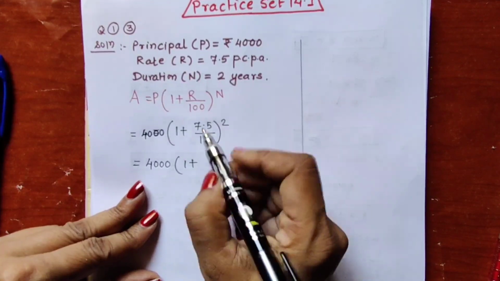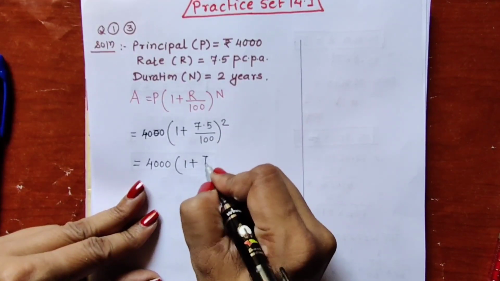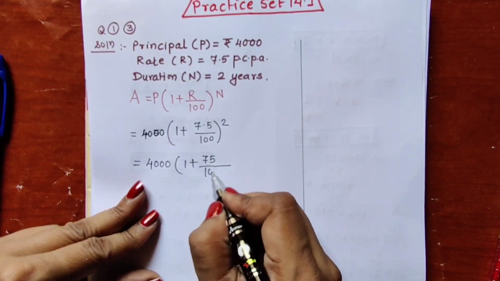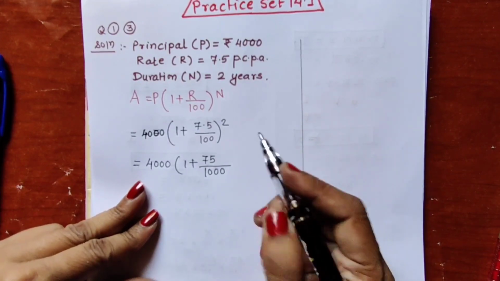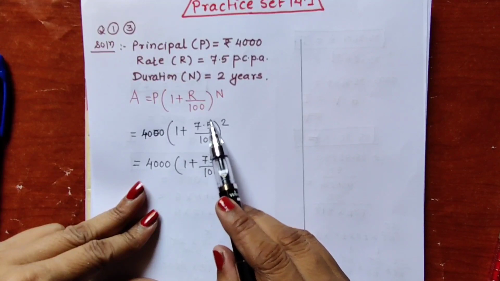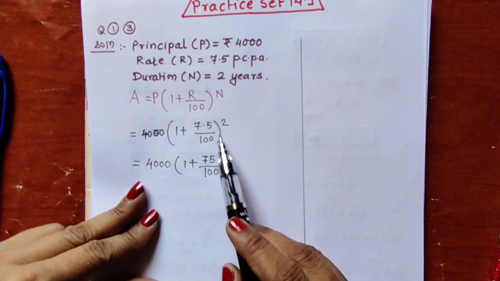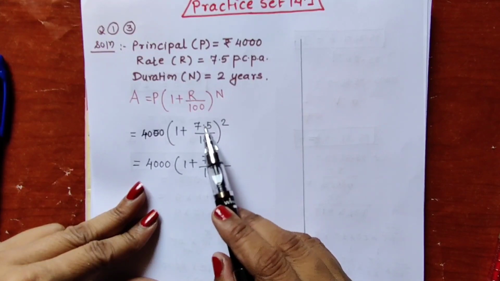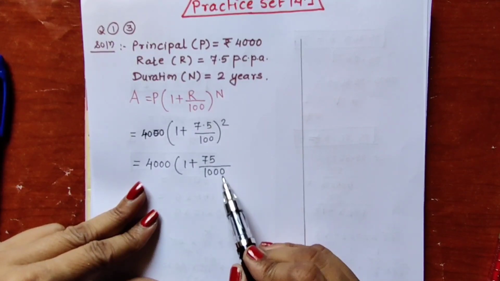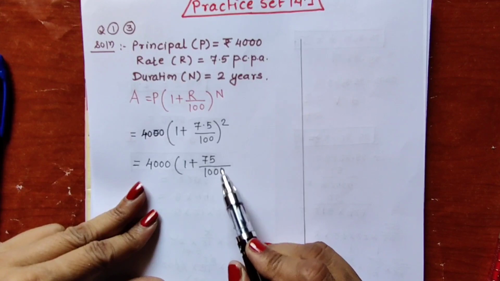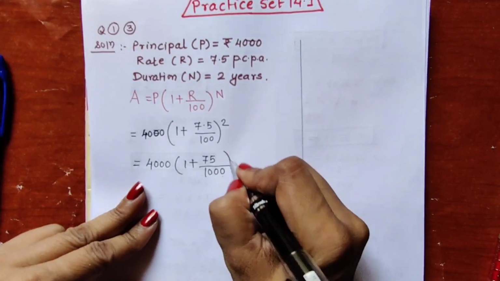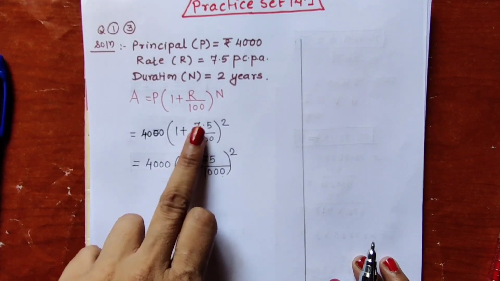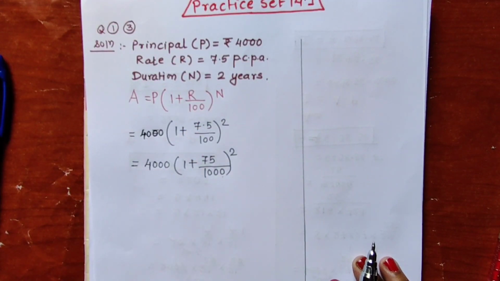4001 plus, I am going to remove this decimal point. I will write 75 as it is, and in place of that, in denominator I will increase 10 because I have to remove this decimal point from the numerator. After decimal point 1 digit is there. So after removing the decimal point from the numerator, we will add 10 in the denominator and raised to 2. So in this way, remove the decimal point if decimal point is there, because it will be easy for calculation.